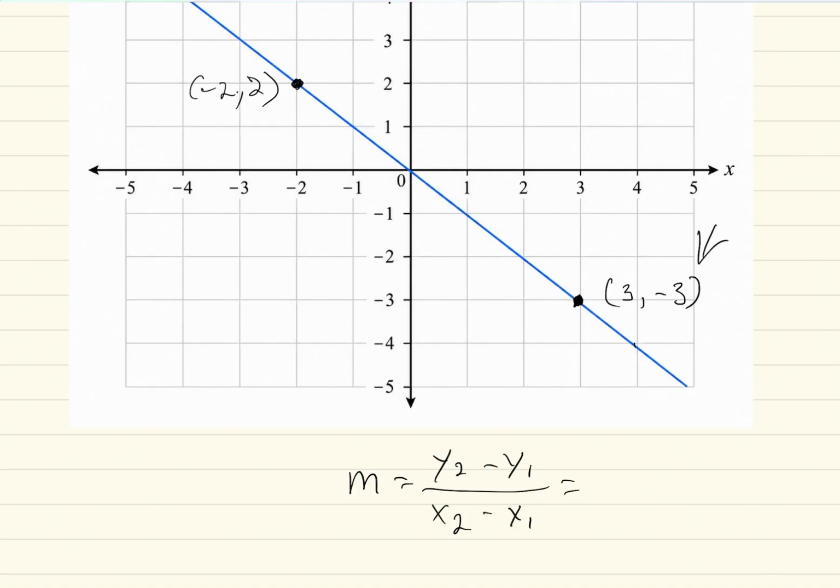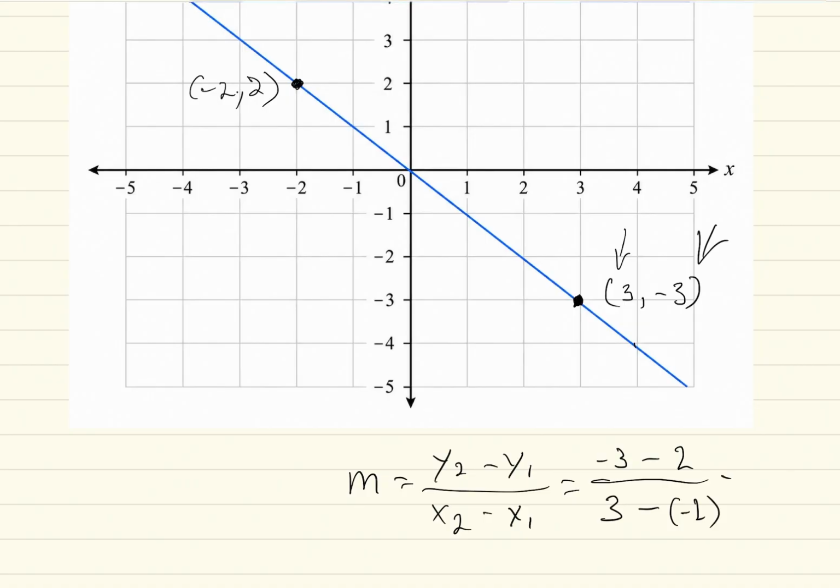So let's take the y values. The y value we see is -3 minus the other point, which is just 2, over the x value. We come back to this point, 3 minus -2. Okay,